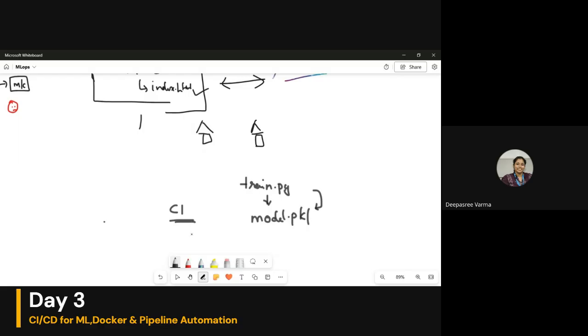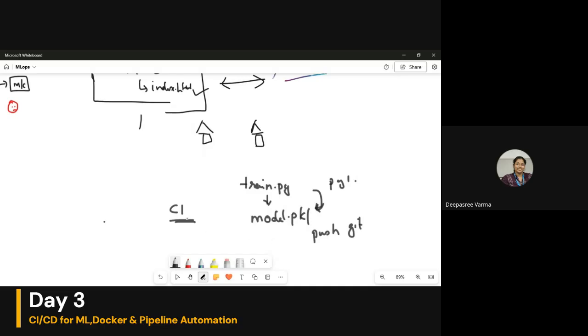Manually, whenever there is a change in train.py, we need to call python train.py, create model.pickle, and push it to GitHub as a new version. Next time a change occurs in train.py, we again need to create model.pickle and push it to Git. This process needs to be done manually.